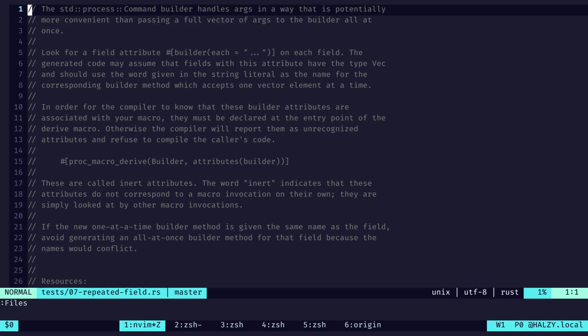Alright, the standard process command builder handles args in a way that is potentially more convenient than passing a full vector of args to the builder all at once. Look for a field attribute builder on each field. The generated code may assume that fields with this attribute have the type Vec and should use the word given in the string literal as the name for the corresponding builder